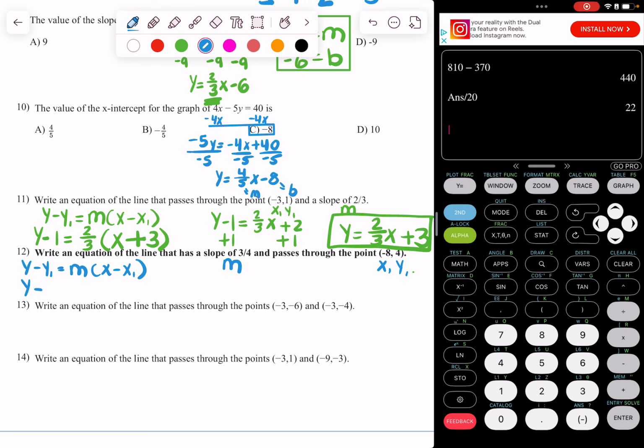y minus our y1 here is 4 equals our slope, which is 3 over 4, parentheses x minus our x1 is negative 8. So we have a minus negative here. All right. So we're going to have y minus 4 equals 3 over 4 times x is 3 over 4x, and 3 over 4 times 8 is